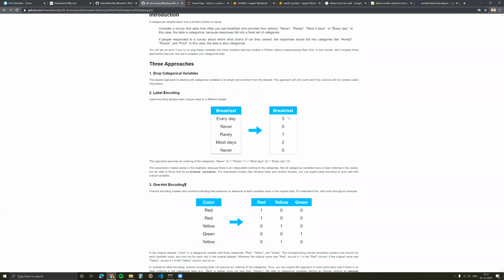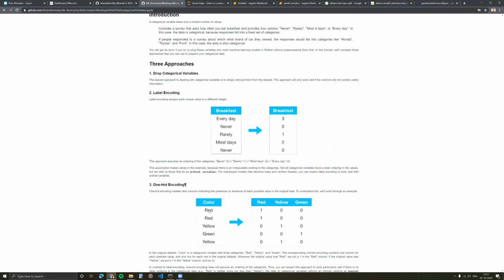This is what ordinal encoder is. Instead of splitting into multiple columns, if I code every red as 1 and yellow as 2 and green as 3, that is called ordinal encoding. The problem with ordinal encoding is there is inherent importance attached, because 3 is greater than 1, 1 is greater than 2, and everything is greater than 0.